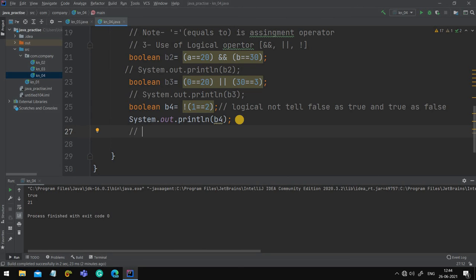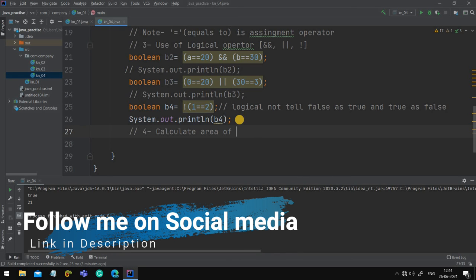As of now, let's do some programs on this operator. Fourth program, calculate area of, let's say, keep it simple, rectangle.